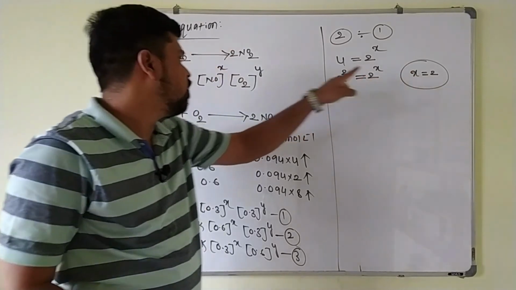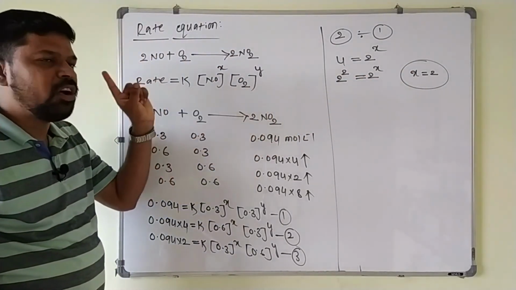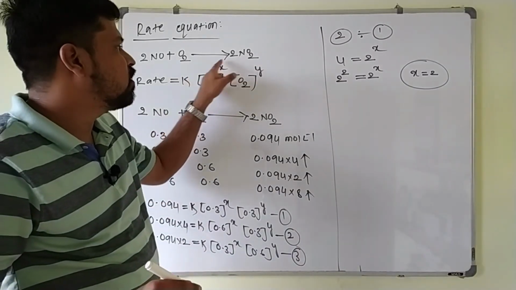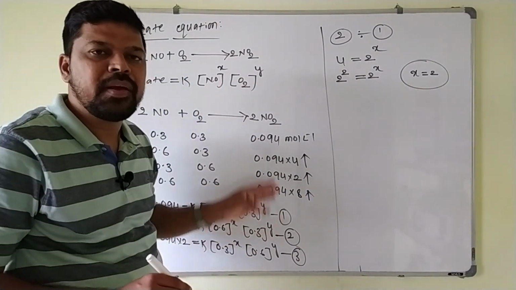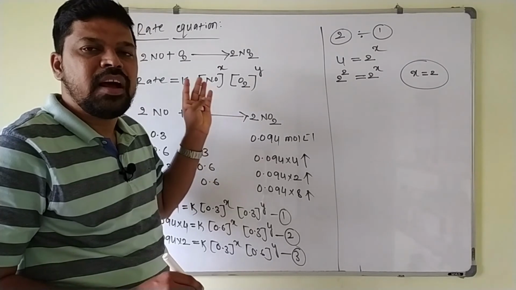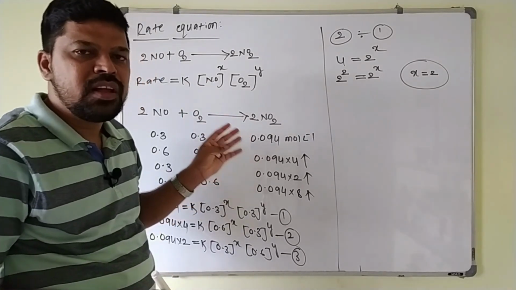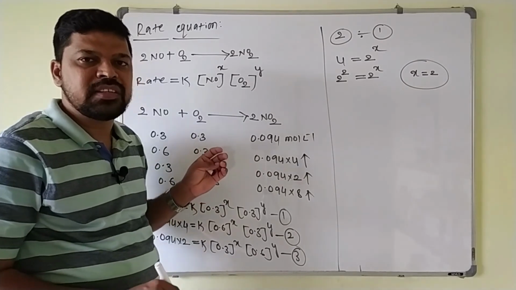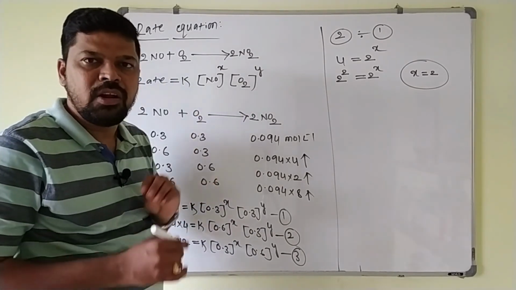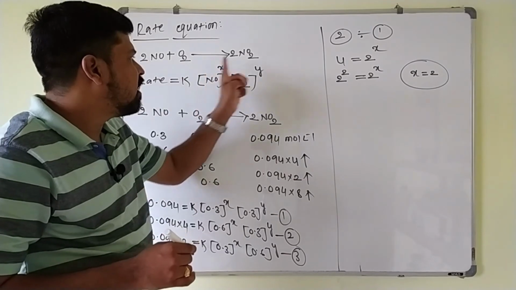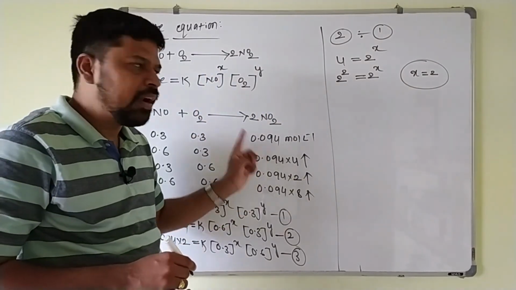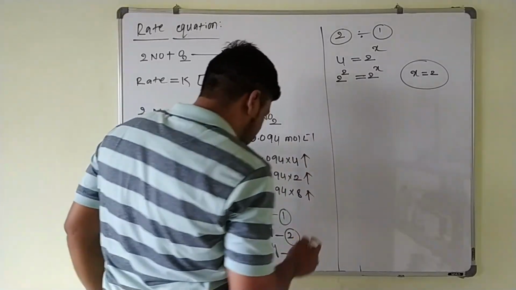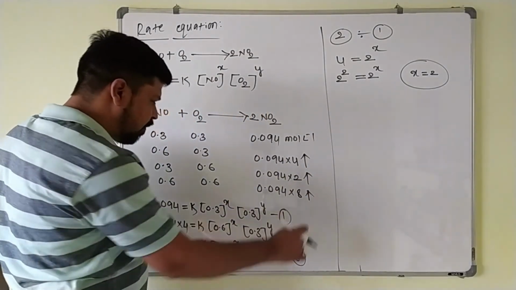Now these x and y values are written here. Always keep in mind, in the case of a rate equation, these x and y values are obtained experimentally. They cannot be written just by using a balanced chemical equation. If you use the stoichiometric coefficients directly from the balanced equation, that becomes simply the theoretical law of mass action. These x and y powers must be obtained experimentally, then it is the rate equation.